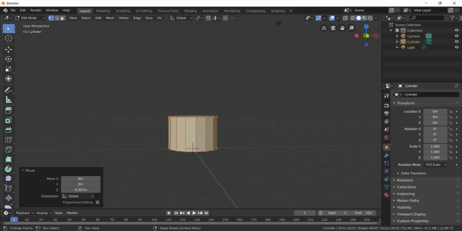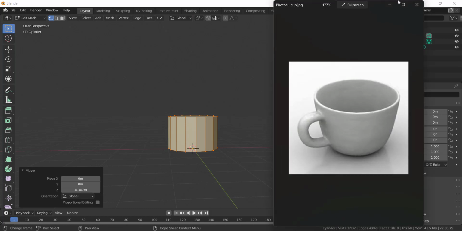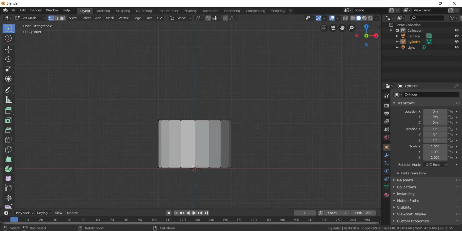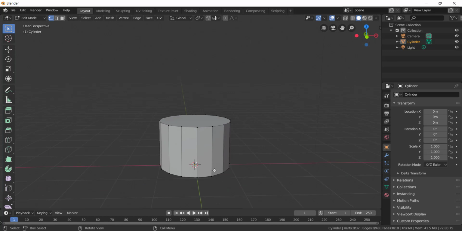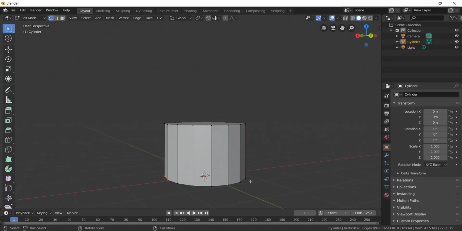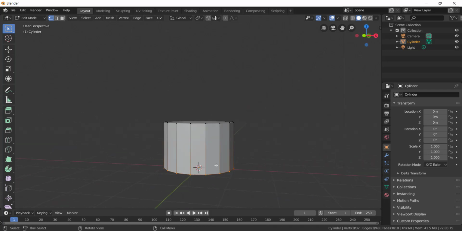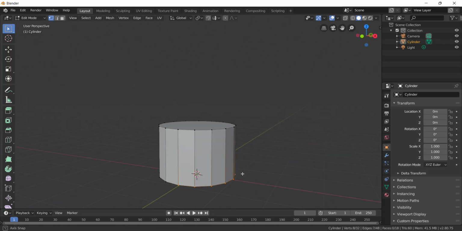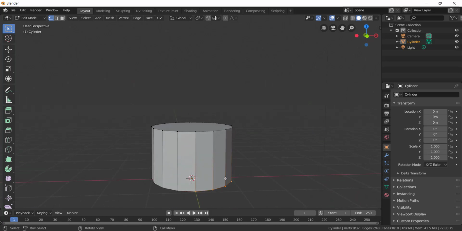So in edit mode, according to this cup shape, first of all, let me tell you one simple problem here. If I go to the front view, or just in a perspective, and select the vertices down here, all the lower vertices are not selected, only these vertices are selected. If I click this, only the vertices visible to us get selected,